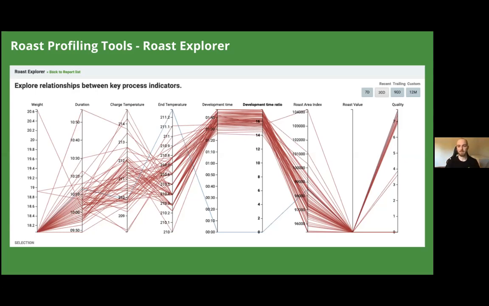And so let's say we're looking at development time ratio, for example, here. All these lines represent roasts, and each one of those lines is going to have different values. Let's say we wanted to see what happens to our quality, so if we look at quality on the right side, what happens to quality